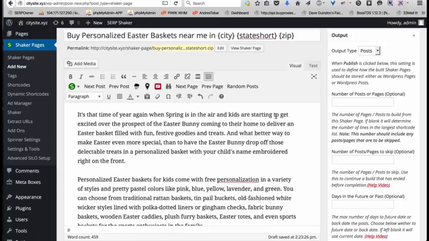So I still use a lot of the on-page SEO basics, but instead of just focusing on that one keyword, personalized Easter baskets, I start switching things up, and that's when you start adding a lot of the supporting keywords. And for the person that owns the personalized business, they have a lot of those supporting keywords already. You don't have to do keyword research, and Customized Easter gifts. I mean, it's all those LSI keywords, guys, that Google can identify that they mean the same thing without you over optimizing. So, for instance, rather than personalized Easter baskets, it would be customized Easter gifts. I mean, stuff like that.